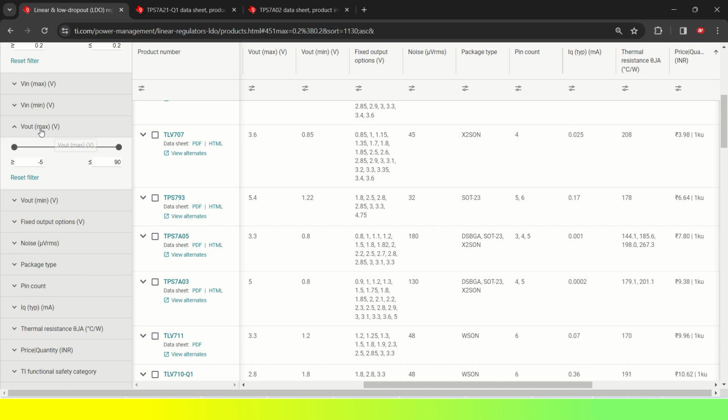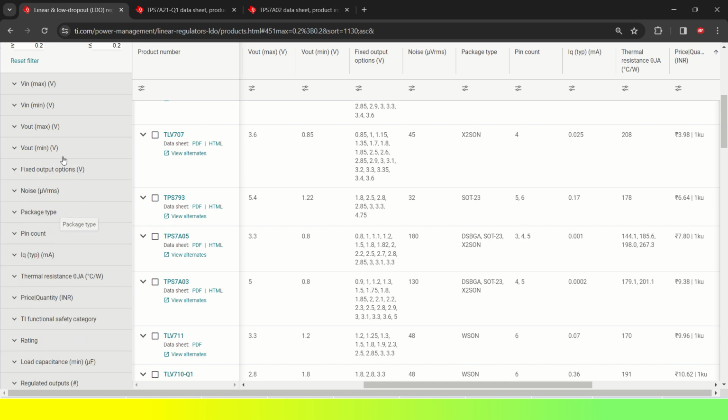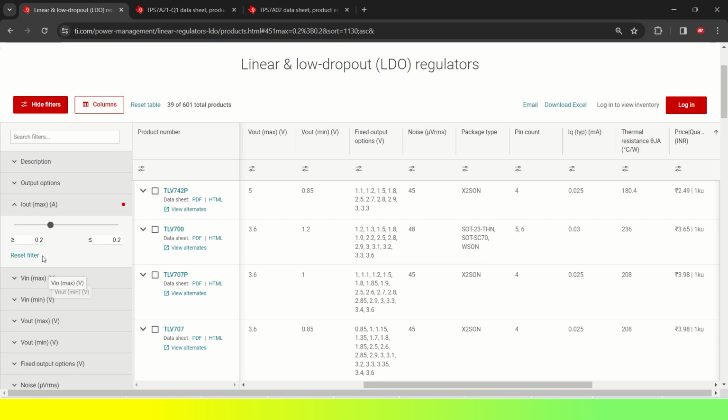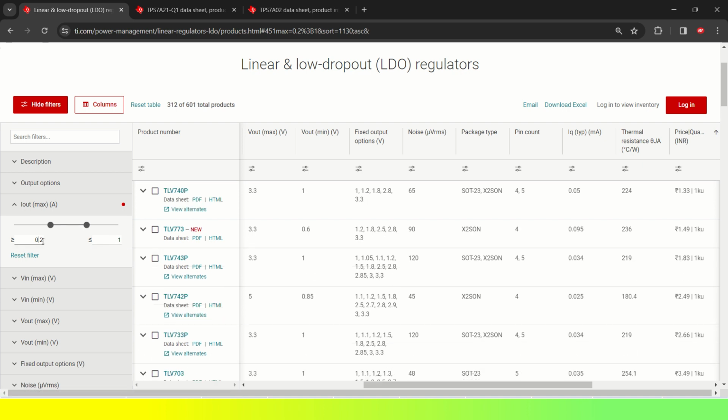Let's say V out maximum I want only 3 volt, I don't want to go ahead with 90 volt output. So I'll just select 3.3 volt and I'll get the list of that particular component. I'm not going to refine my search right now. I am more bothered about only the current rating. Let us say I want to find a 1 ampere current rating regulator. So I'll put greater than or equal to 1 and less than or equal to 1. It will select all the 1 ampere current rating